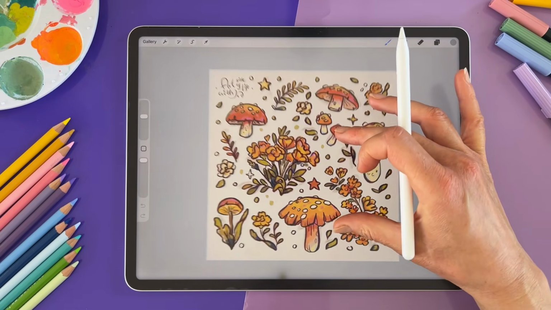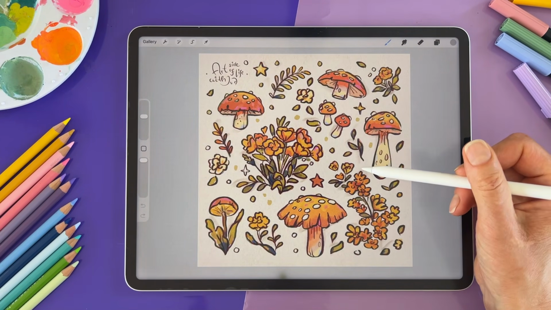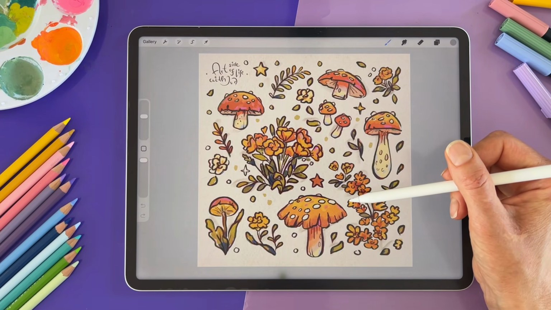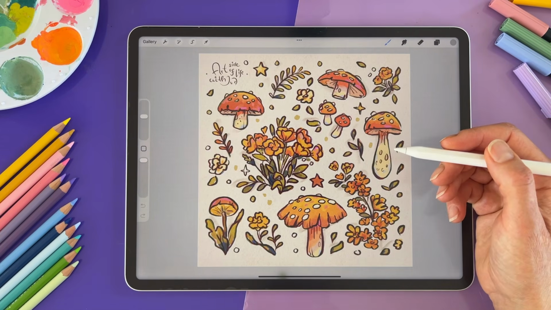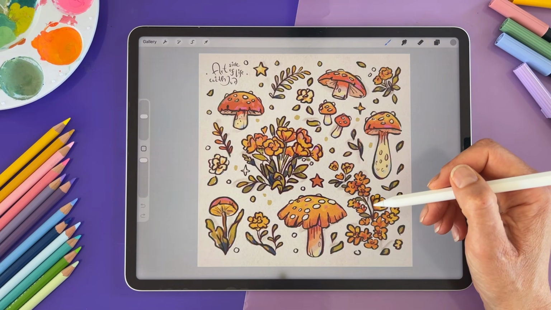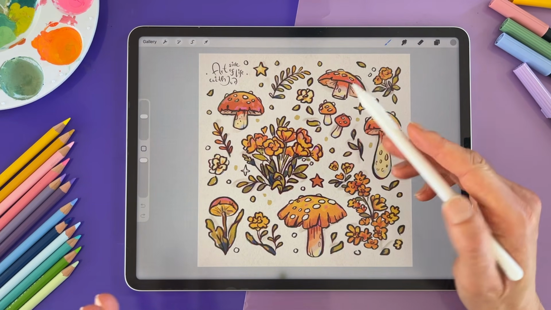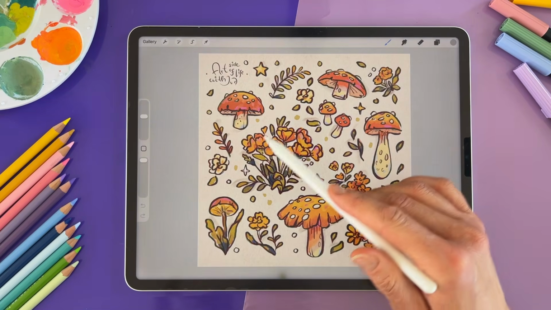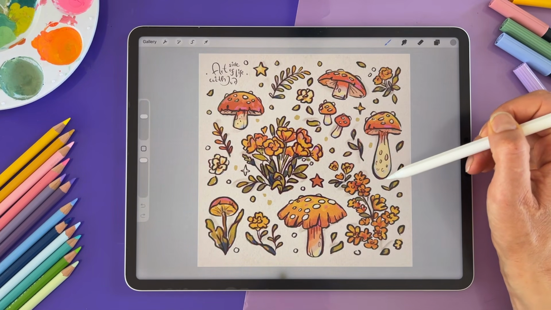Alright, this one is a little bit older, and here I explored a variety of shapes for mushrooms while keeping a very similar color palette. So this is something you can explore when you have limited time and you just want to draw something simple or not too complicated. So you can take one object and try to adjust the shape in different ways. So here, as you can see, I tried a rounded